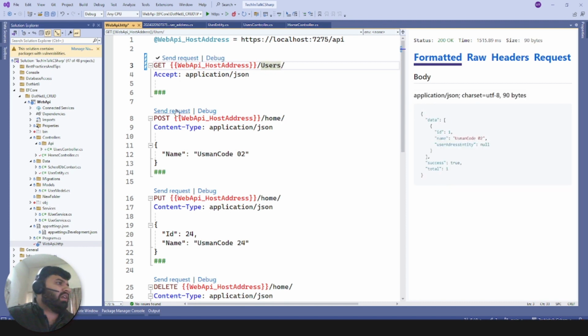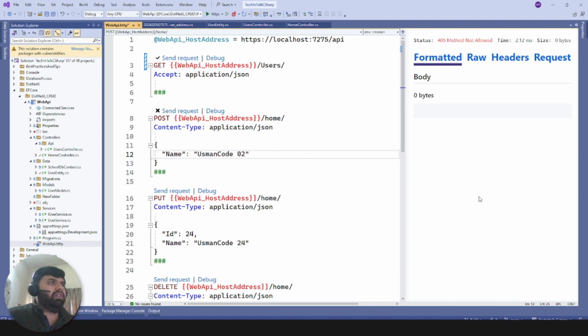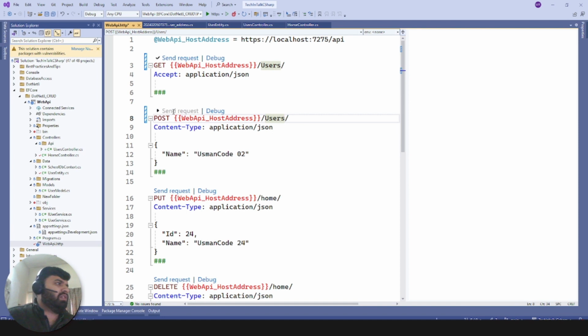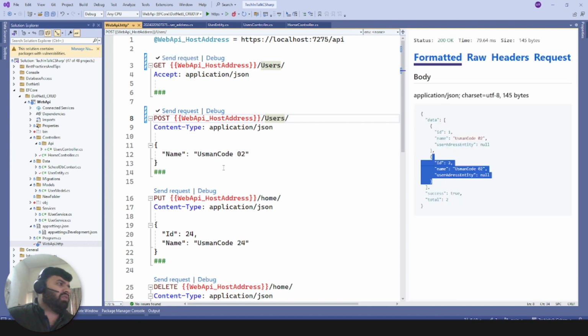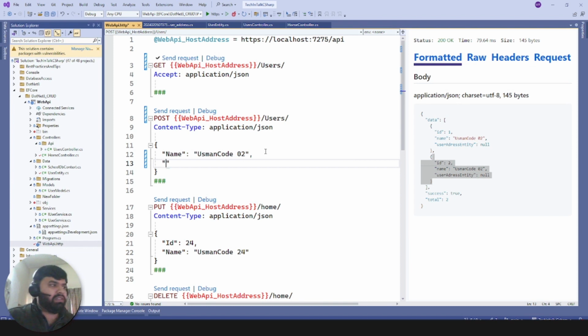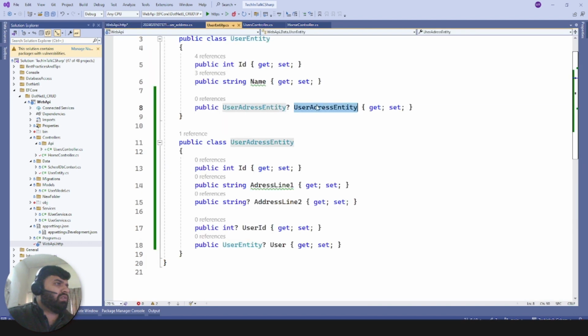Now let's try to create a new user. For that one, we can hit directly, and the endpoint would be users. Hit directly, which means the user has been created. And if we send the request, now we are getting a second user, which means the address was optional. And if we supply the address now, what was the name we mentioned there? User address